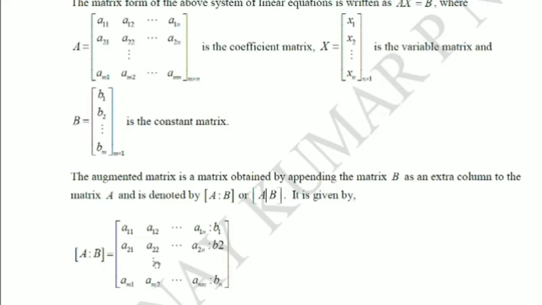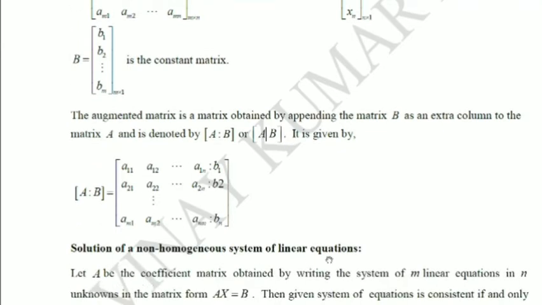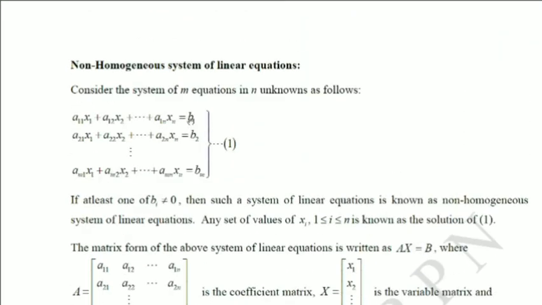The question is how to obtain the solution of a non-homogeneous system of linear equations, or when a non-homogeneous system of linear equations has a solution. As in the case of a homogeneous system of equations, is it always consistent? Remember, in the case of a homogeneous system of equations, these constants are zero. Therefore, if you give x1, x2, up to xn the value 0, the left-hand side will be equal to the right-hand side in all the equations. Therefore, 0 is always a solution in the case of a homogeneous system of equations. But here, at least one of them is non-zero.